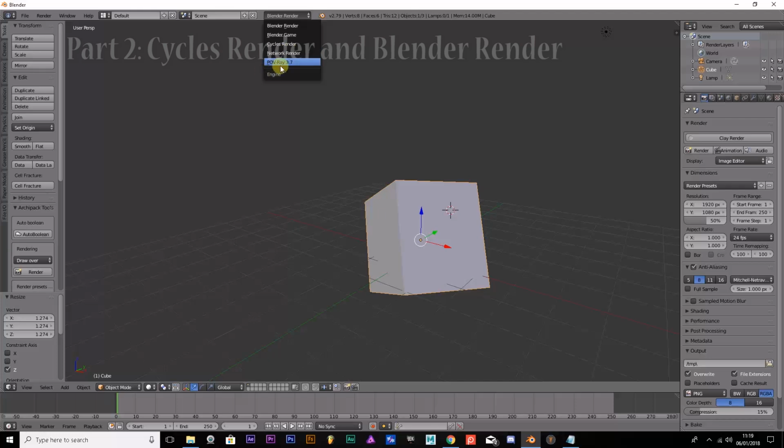You also got POV-Ray, which is pretty much V-Ray, but you can get V-Ray separately for Blender, which gives very good results, better results than Cycles Render, but I don't use that. And you also got Blender Game, which is basically the game engine for Blender, which allows you to create